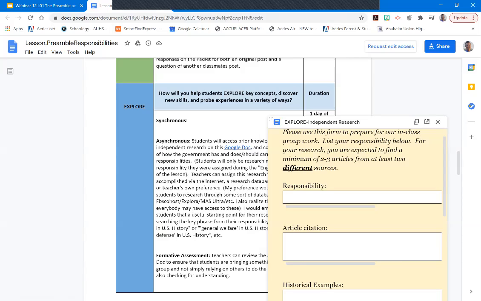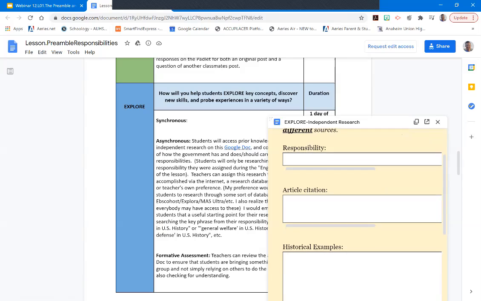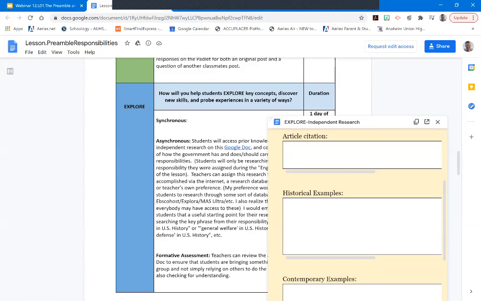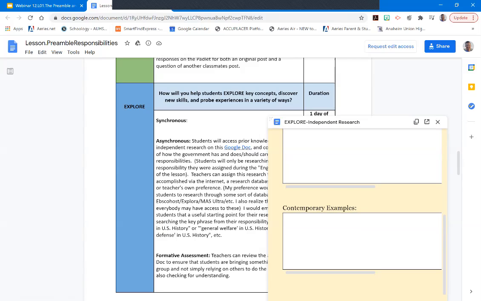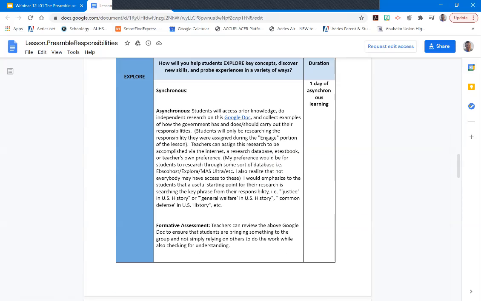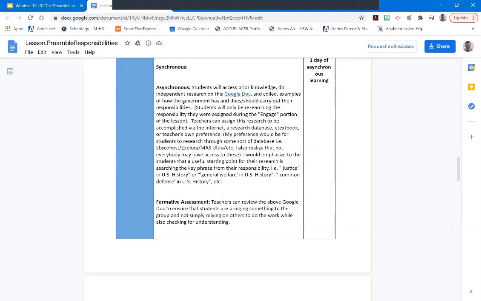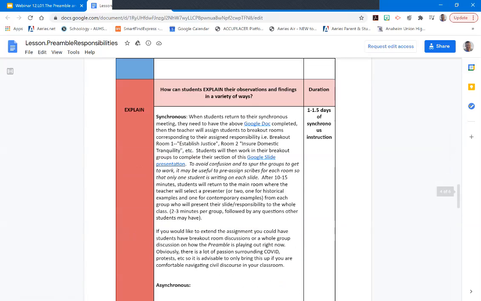And you can see in here that I've listed some of the research resources that you could use, but I also want to leave that open to you and the choices that you want to make for your own classroom. And on that sheet, they're going to be listing historical examples and contemporary examples. And they're going to bring this with them to class for the next meeting, because in the next meeting, you're going to send your students into breakout rooms. And in the breakout room, students are going to be explaining